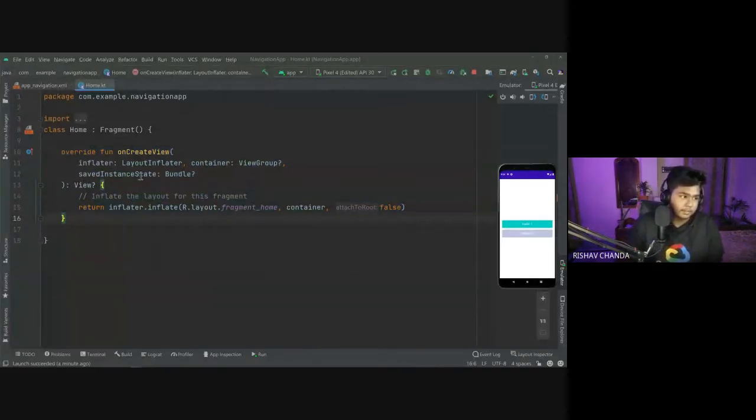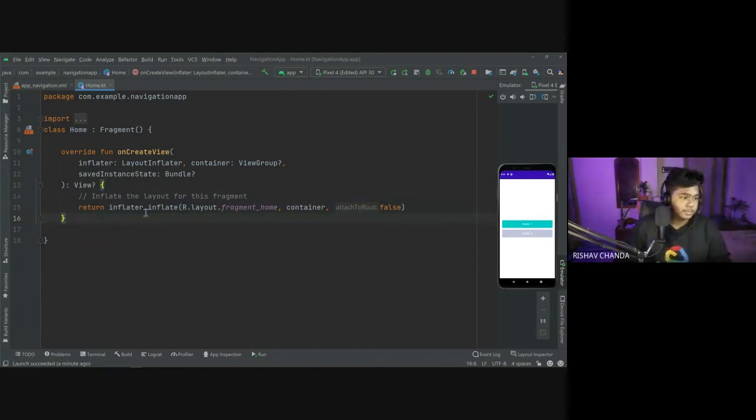That is required, and inside this only we will be working. So what is happening here is this function is called on create view, and it is inflating the layout, having the view groups, like all the widgets and all that comes inside the view groups, and it is saving that in the bundles. And once the view not equal to null, meaning if the view is being created, then it will enter this part. Okay, so that is the condition given here.